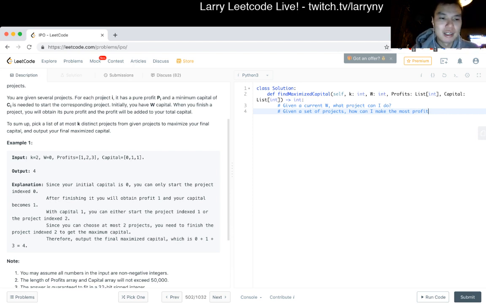There isn't a case where you choose a project and it leads to a suboptimal solution later on, because the more profit you make, it's almost a superset of having less profit.